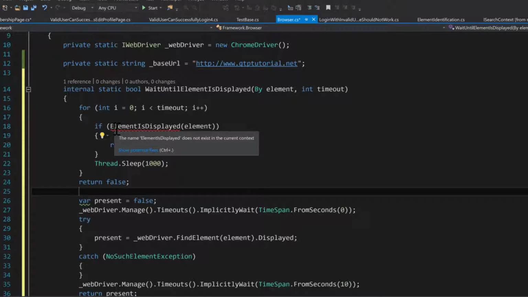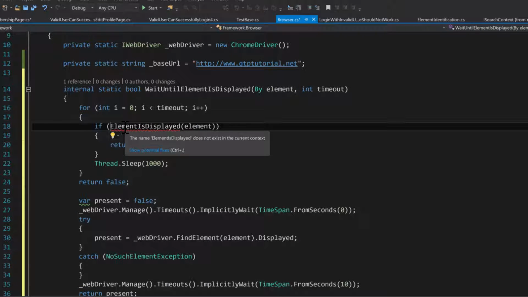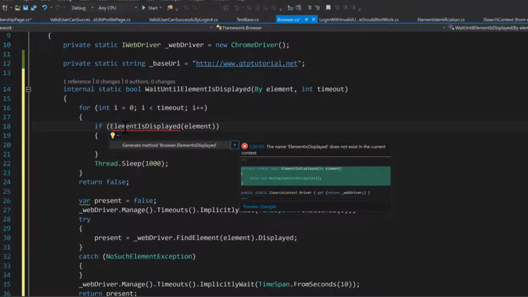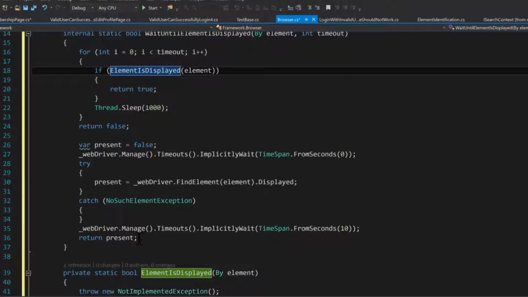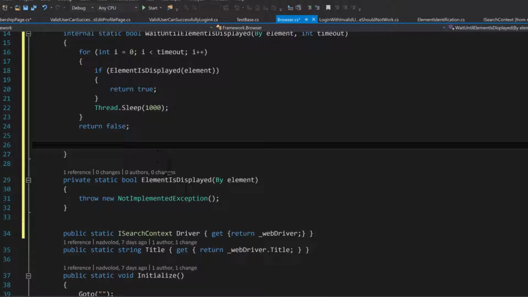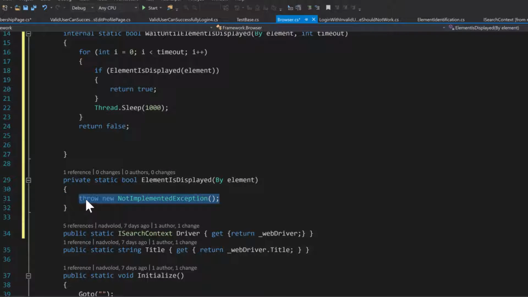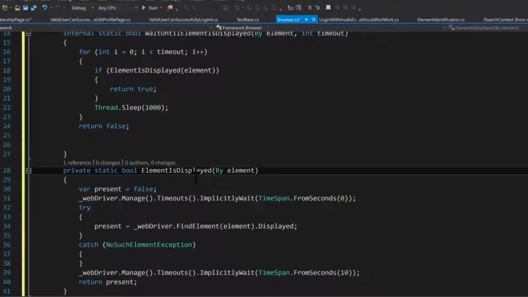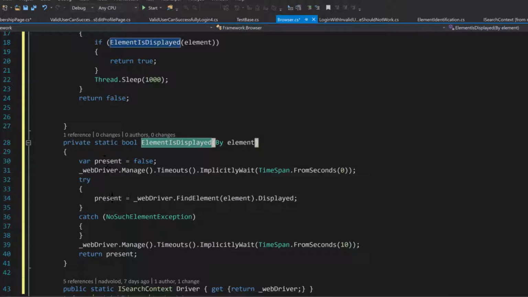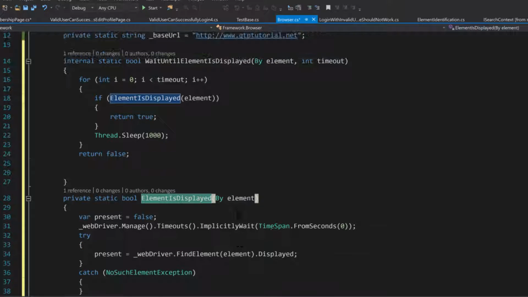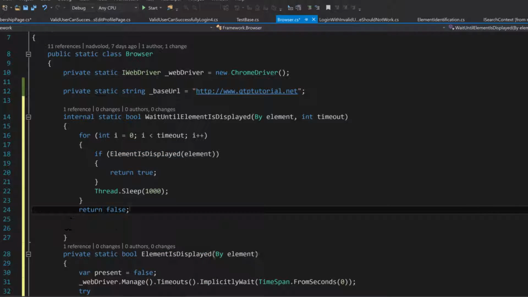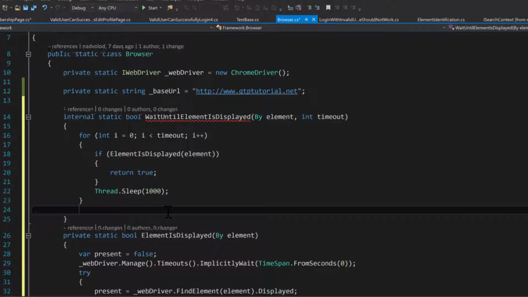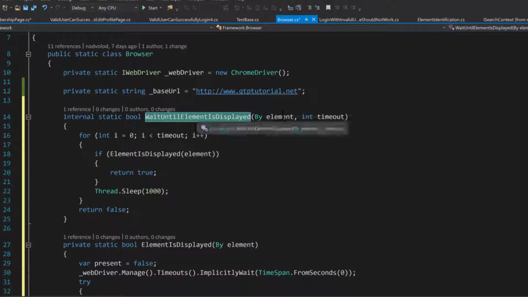And so, of course, it's complaining that this method here does not exist. Let's go ahead and create it. Control+dot, generate method. And then I'm just going to take out all of this, just some quick refactoring, and put that in here. And so now we have two great methods. One checks that an element is displayed, and you pass in the element, so it does our standard thing. It checks to see if the element is there, and then it returns true or false if the element is displayed or not. And then the other one is our dynamic wait, which is this one where we specify a time,